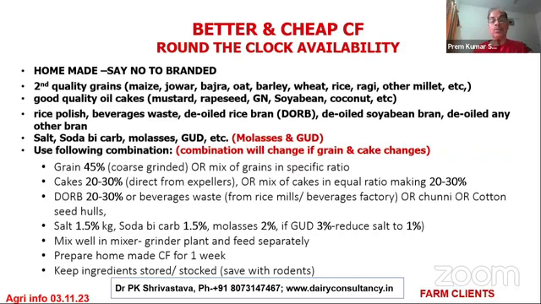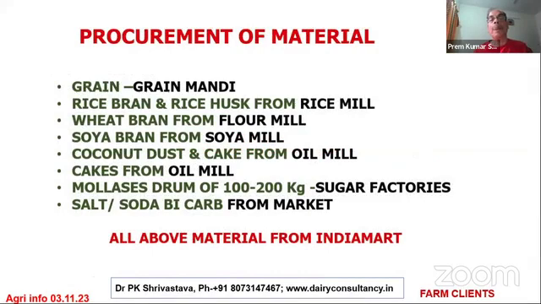These three things. Beyond that, you have to give some fillers. Multiple grain filler is a very good filler. Jowar, bajra, wheat, whatever the second grade you get, you mix it in a ratio and then you grind it, and that becomes a multiple grain filler. So mostly in the concentrate, about 75% will be grains, cakes, and DORB kind of things, right? Further, we will discuss the exact composition.